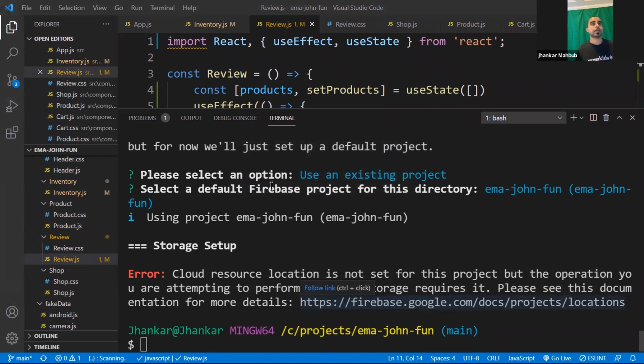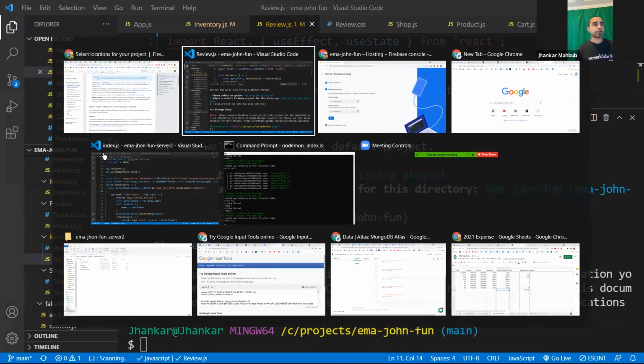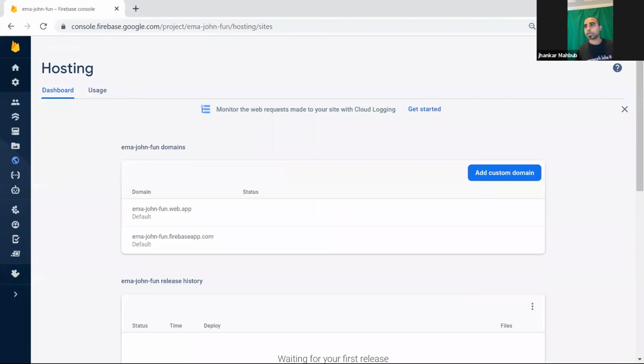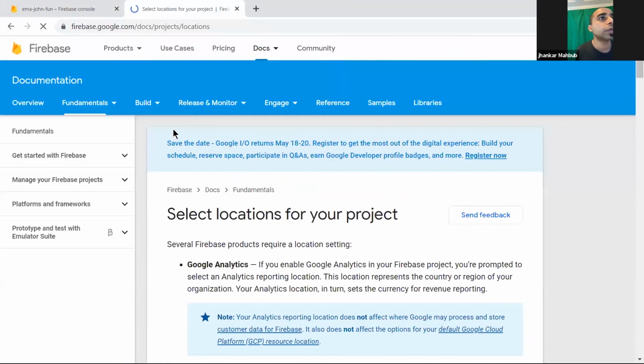You can open this, and you need to select a location. What is the cloud storage location? They have multiple locations you need to set up. And if you go to the next step, Firebase deploy, you need to do that. All you need to do is set up Cloud Firestore or any other location you need, and you'd be able to create a custom URL like Amazon fund.web in this way. The location that we opened was this location, the link that was provided to us to set the project location.